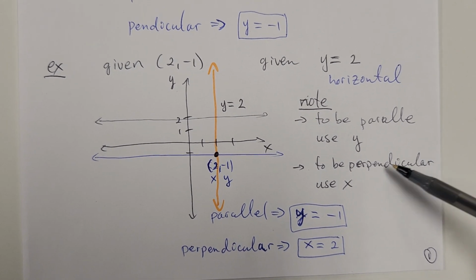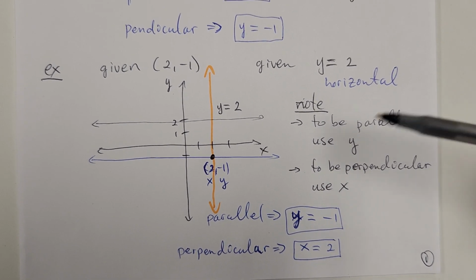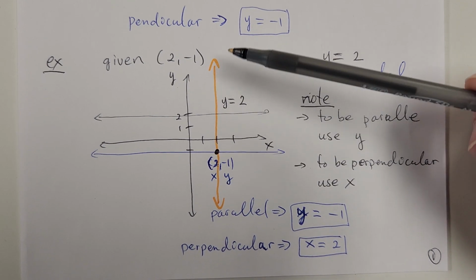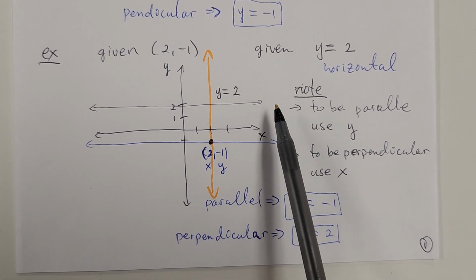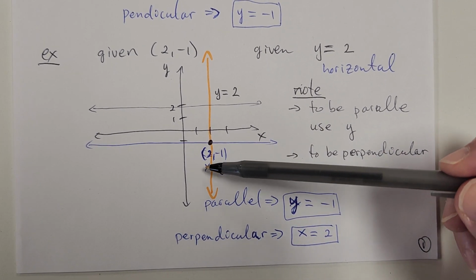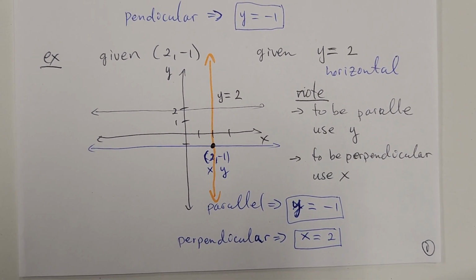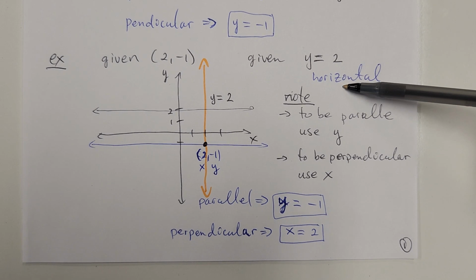To be perpendicular, you will use the letter x, which is this orange line right here. This orange line is perpendicular to this black line, which is x, so 2. Okay, so horizontal line